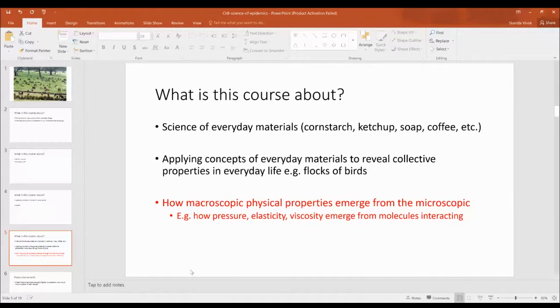So basically, epidemics are similar, right? Because, well, if you have individual molecules that are kind of bouncing around,